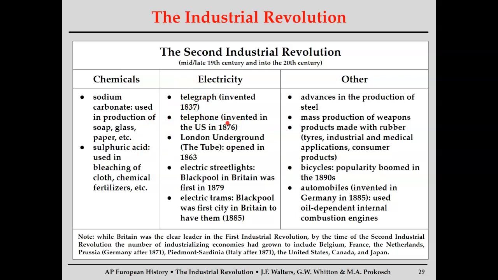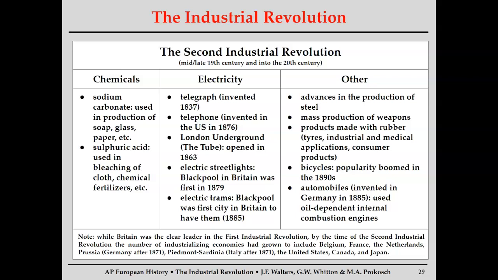I don't think I need to go into why, but in particular, they're eventually going to harness electricity to make the first underground train system in the world. The London Underground, the Tube, or Americans might call it the subway. But the British are the first people to put a train underground, and that's wicked important to have fast transportation